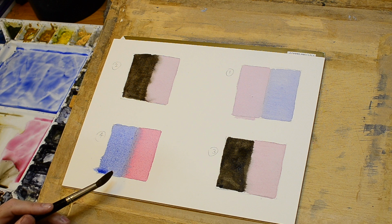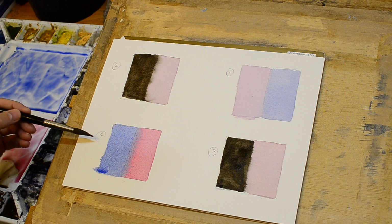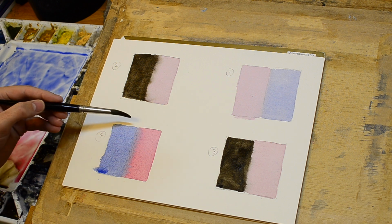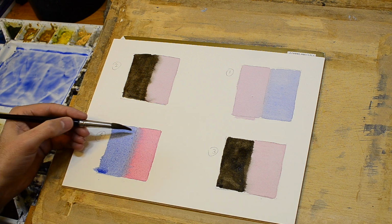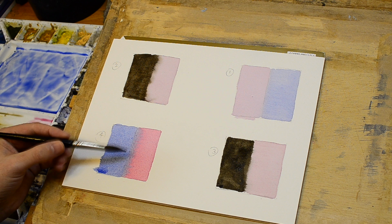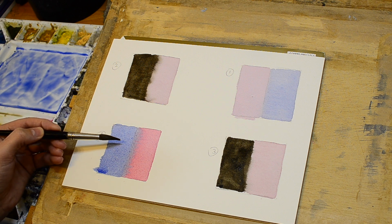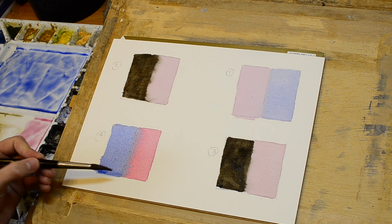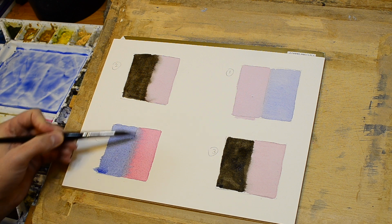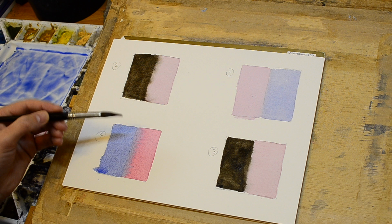Now what's happening here is what happened when we did the first exercise with the sky. This damp area here is just not wet enough to work with unless you're putting something very dark next to it. But I'm putting something of the same concentration, and what happens is the dilute paint starts to flow across into this area that's drying, and you can see what's happening. It's pushing away the pigment that was there, and some of the pigment that's here is also leaching across, and